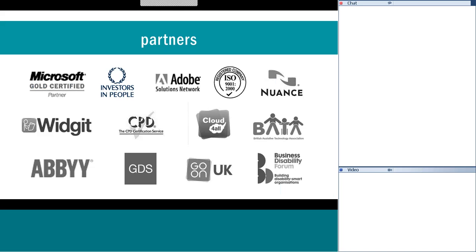It's designed to enable people to have their own personal preferences held in the web. So in the future, when you go to an ATM machine to withdraw money, your preferences will be known and information will be presented to you in a way that suits your need. We're also members of the British Assistive Technology Association and the Business Disability Forum, among others.